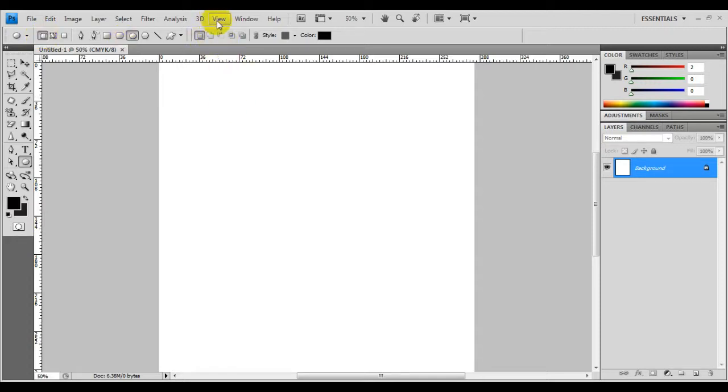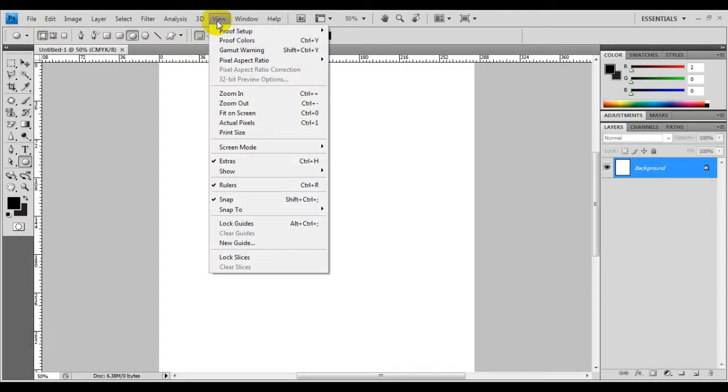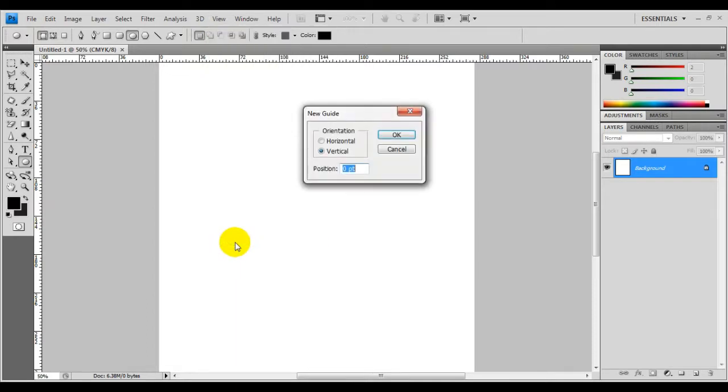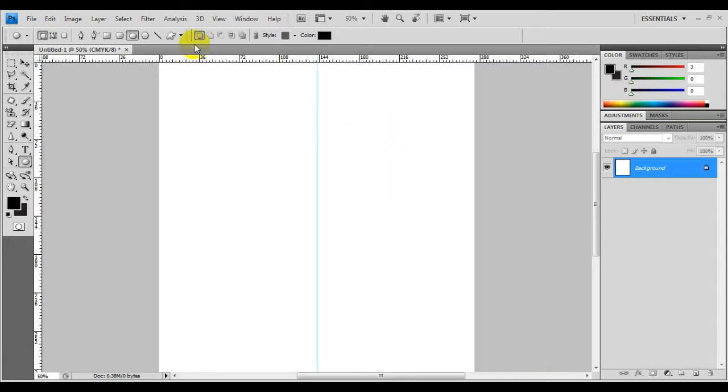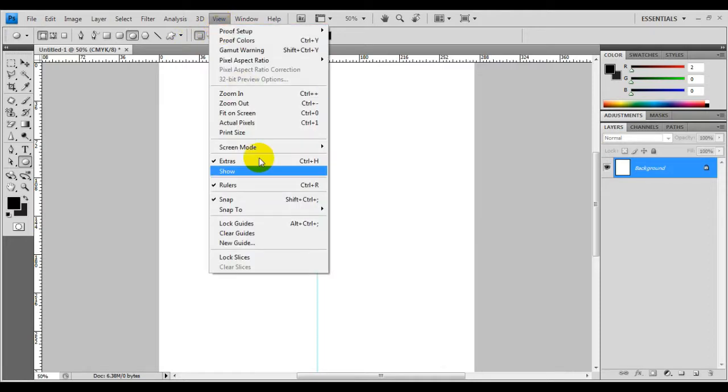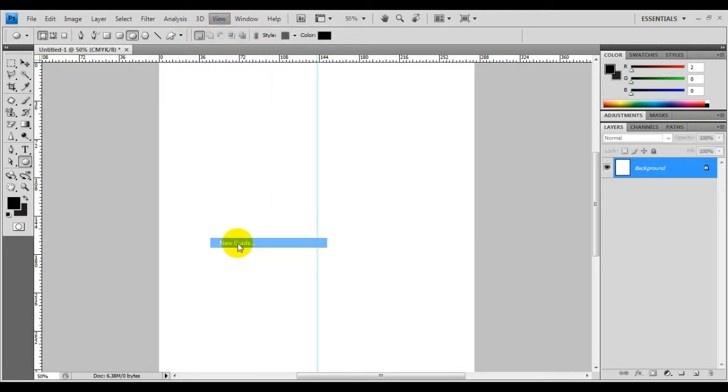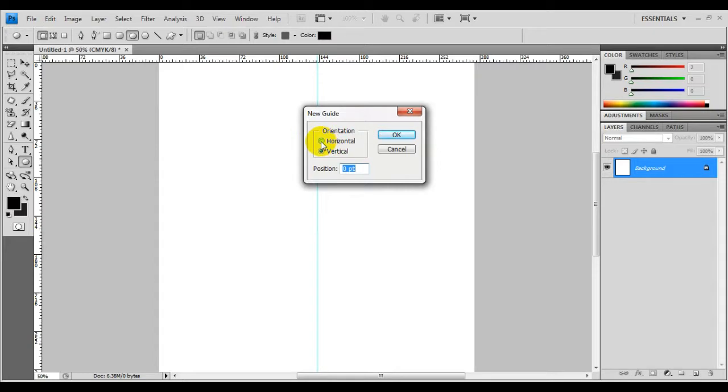So now I would like to bring guides to the center point of the document. Click on the View menu and New Guide, and vertically 50% of the document, it appears at 50% of the document. Okay, next again click on the View menu and New Guide, then horizontally 50%